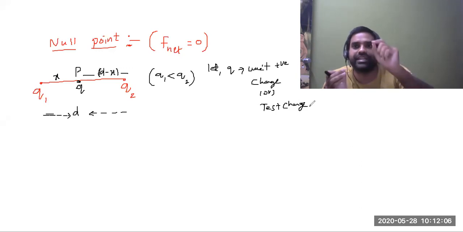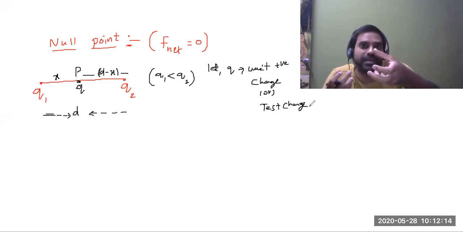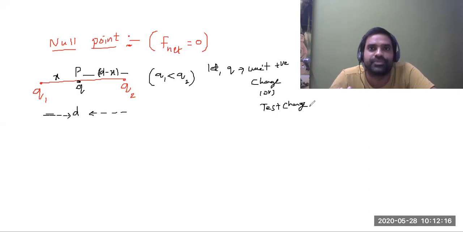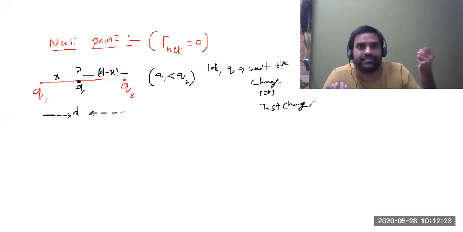Means if a positive test charge is kept in front of a positive charge, then it will be repelled by that positive charge. Or if a positive test charge is kept in front of a negative charge, then it will be attracted by that negative charge. It won't attract that negative charge. It won't repel that positive charge. It will get influenced. That is the meaning of unit positive charge or test charge. Here Q1, Q2 are the main charges, and relatively they are huge. Their magnitude is significant to attract or repel the unit charge.